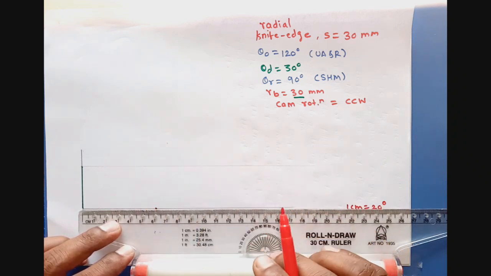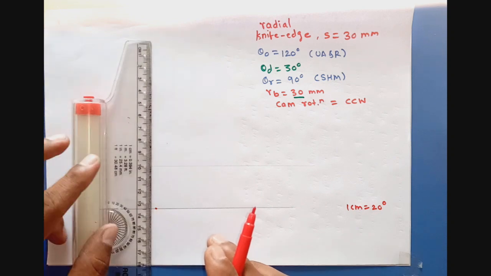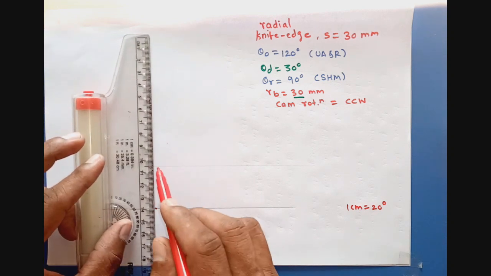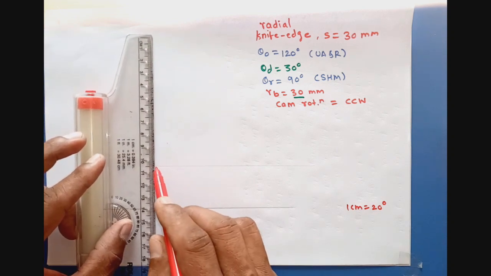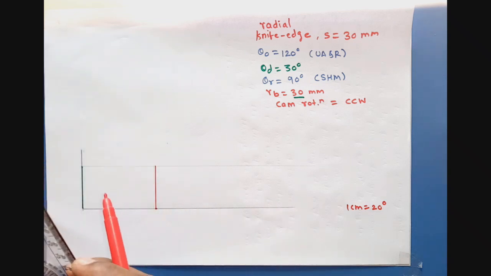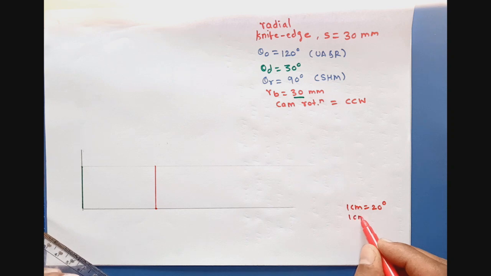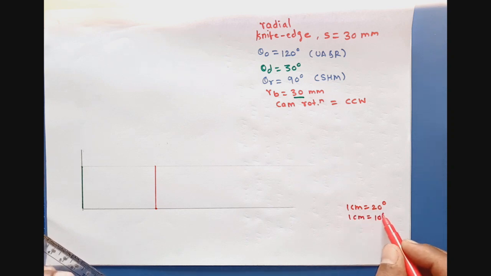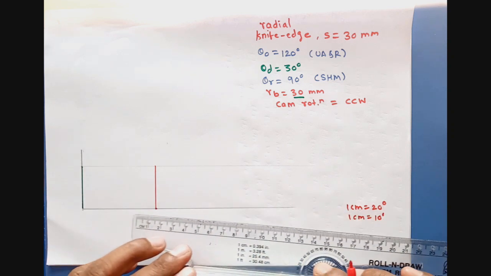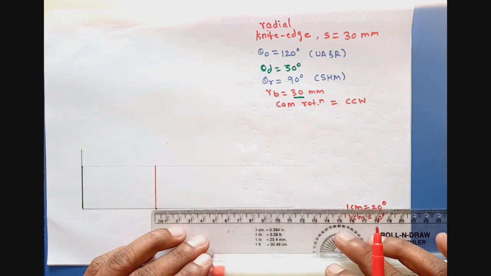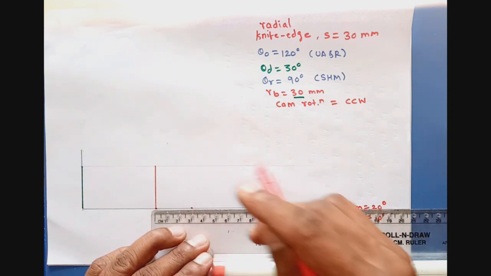So here is my outstroke. So this is outstroke. Next is dwell of 30 degrees. For dwell period, I will take scale of 1 centimeter is equals to 10 degrees. So for 30 degrees, I get 3 centimeters. So this is dwell period